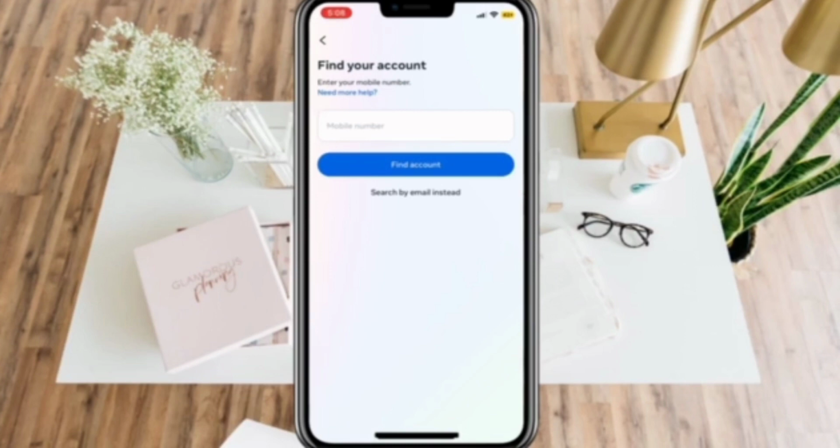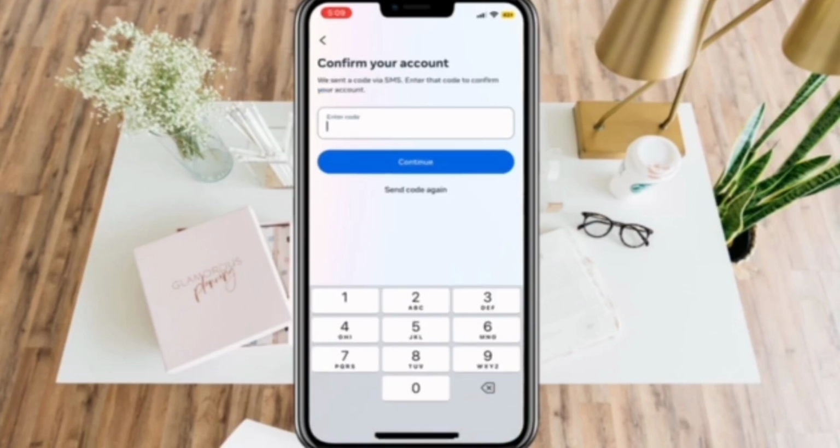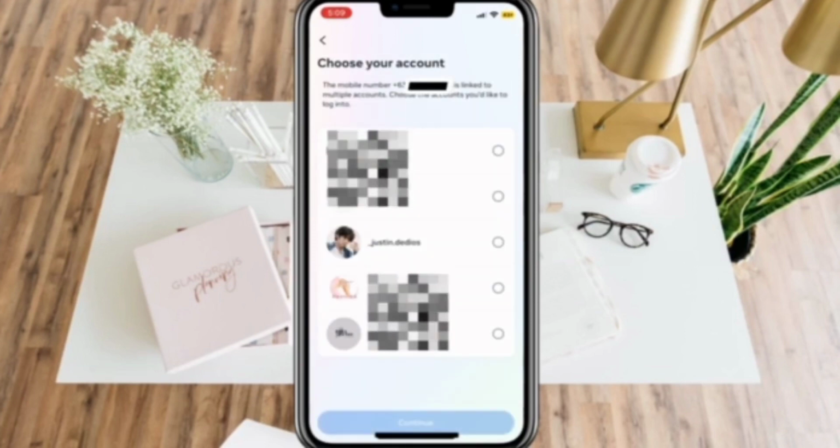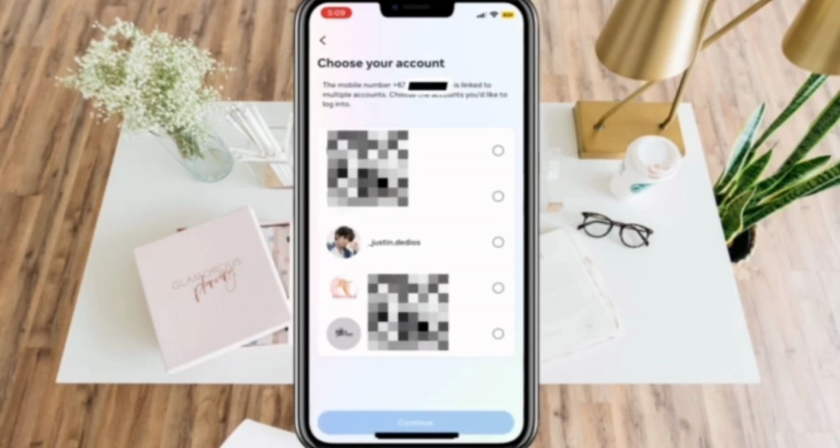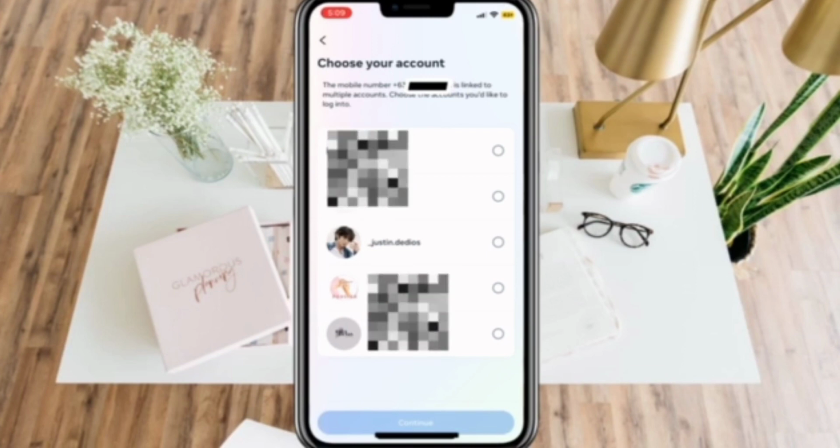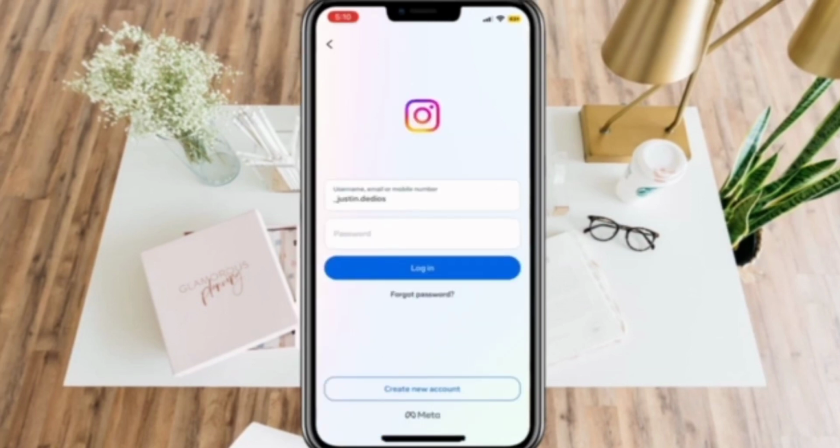Here I tried finding my account using the number method, and I entered my mobile number, and then it sent me a verification code, and then there I saw my account, and that's it. I can now